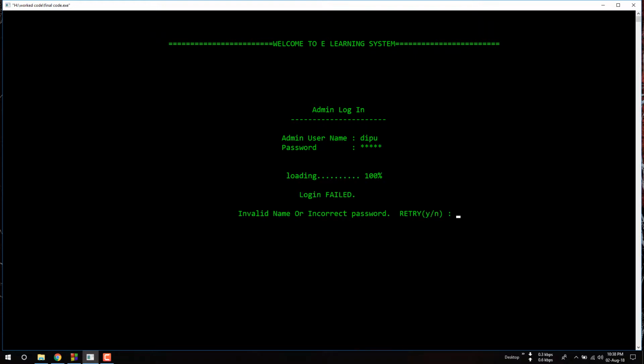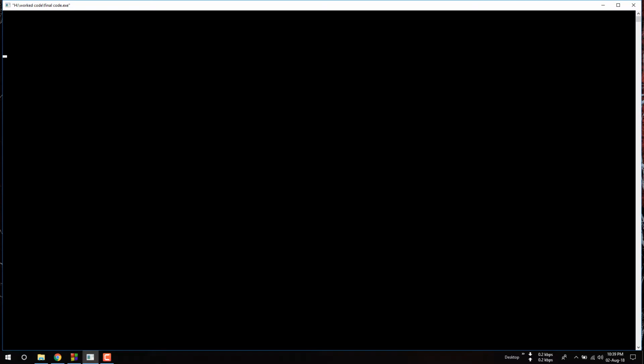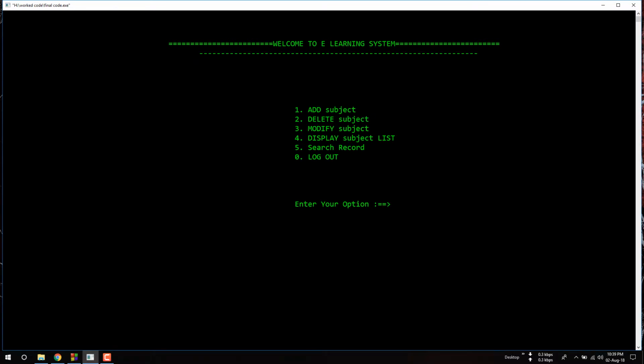Loading. Login failed, invalid name or incorrect password, retry. As I want to log in, I will go for the retry option. Then I will press Y. Here for admin username, I am giving the correct username, DIPU, and password @DIPU, and successfully logged in. Here is the main option for admin: add subject, delete subject, modify subject, display subject list,